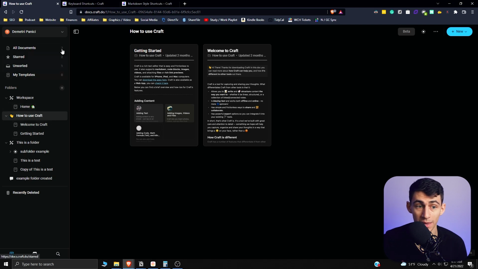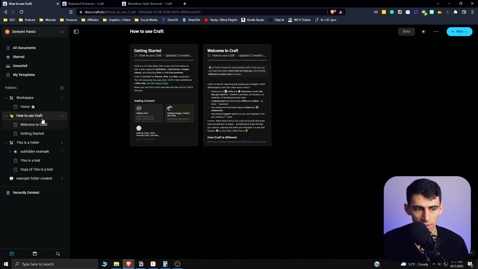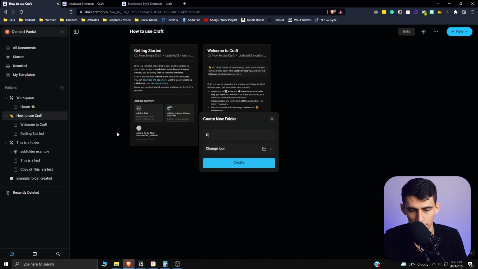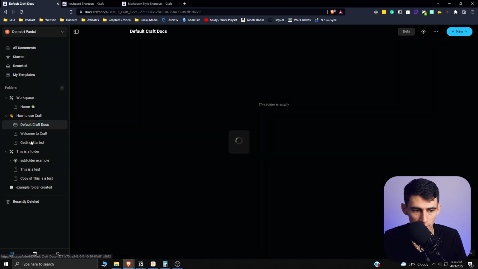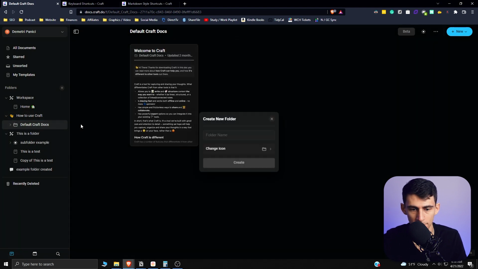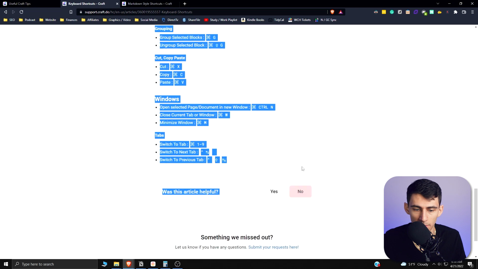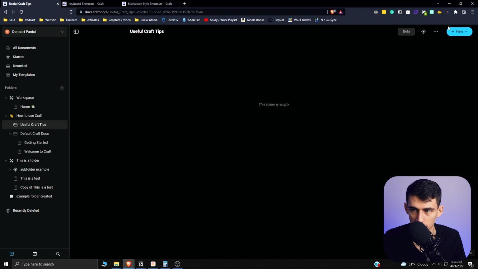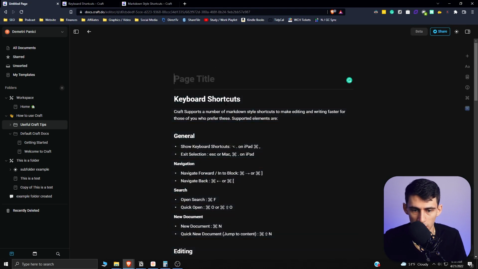So if I go further from that idea I had earlier with these keyboard shortcuts and these Markdown style shortcuts, I could have a subfolder be made, which is default Craft docs, create that folder, drag these guys in here, and then I could make another subfolder, useful Craft tips that maybe I would make. And even just by doing this and copying this page, and making a new page within this useful Craft tips by going to new and doing new document, I could paste keyboard shortcuts here